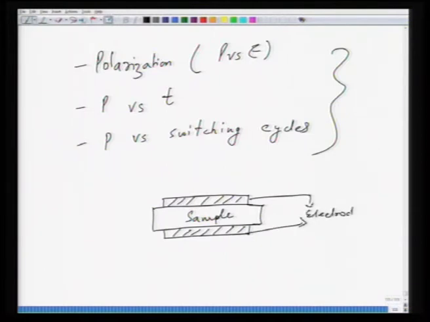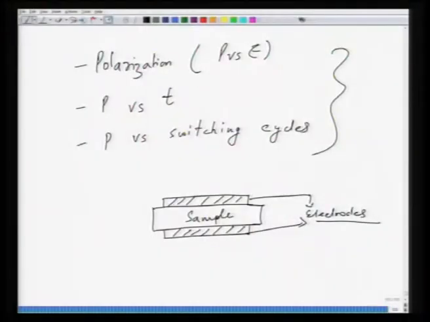These are your electrodes, top and bottom electrodes. Now, these electrodes should be of such a metal. This is where the choice of electrode comes into the picture, and it is very important that these electrodes should not inject charges into the ferroelectric material. Ferroelectric is an insulator. As a result, you are only measuring the short range displacement of the